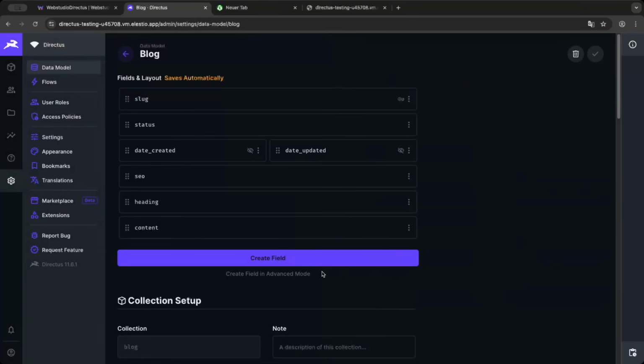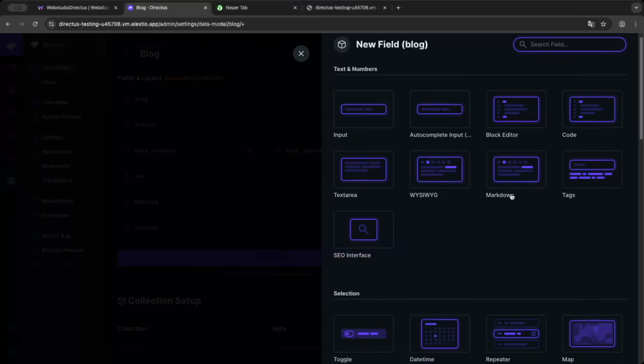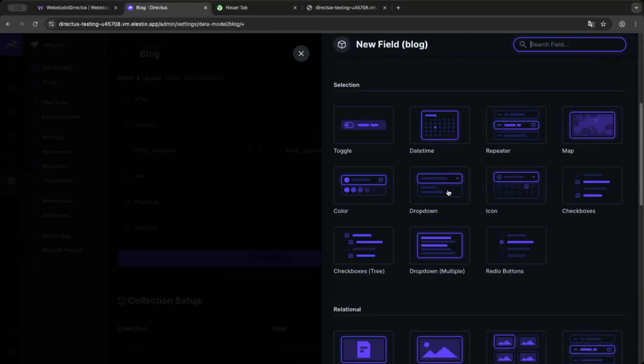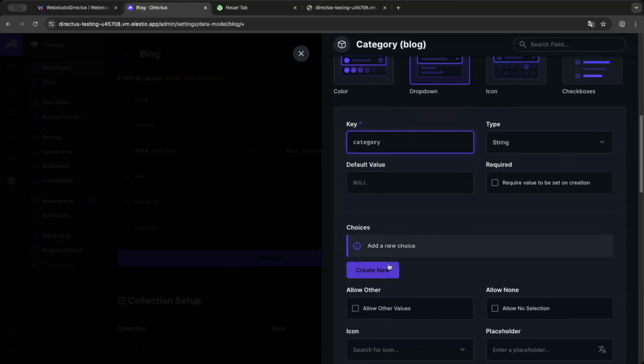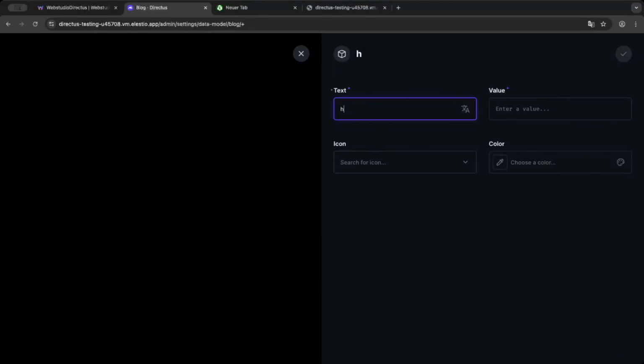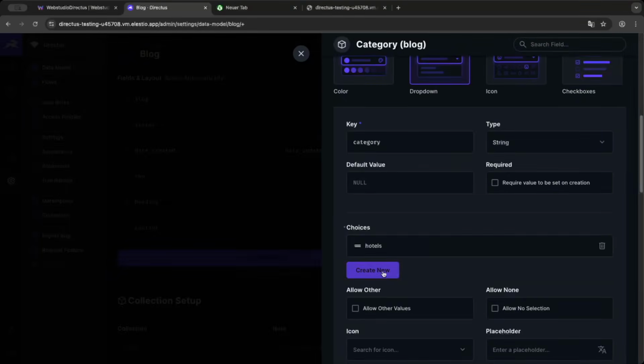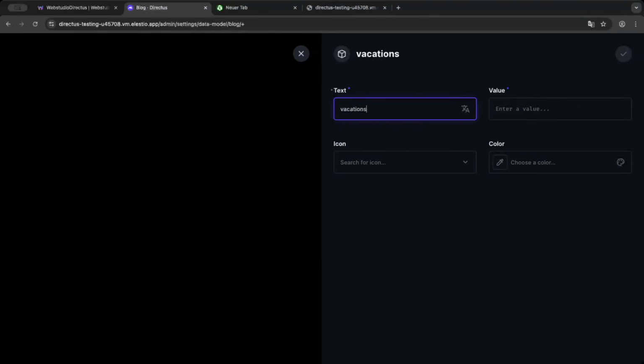Rest is fine. And we want to have a category. So we will use a drop down, but only single, not multiple. This one drop down. We call it category. And we want these categories: hotels,